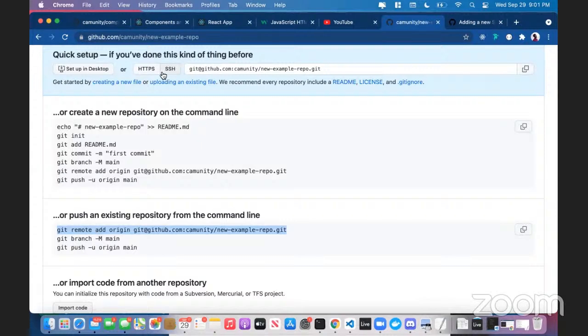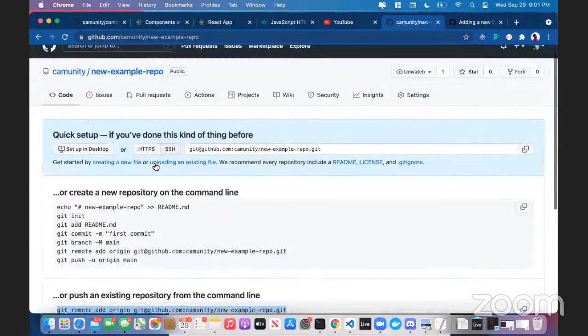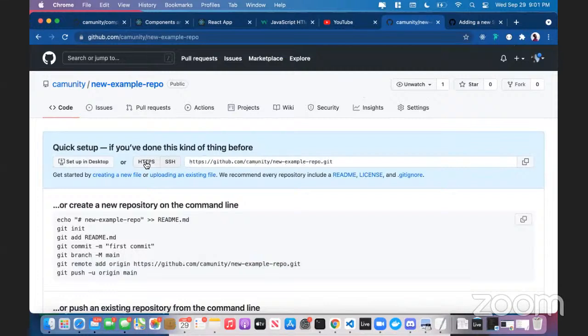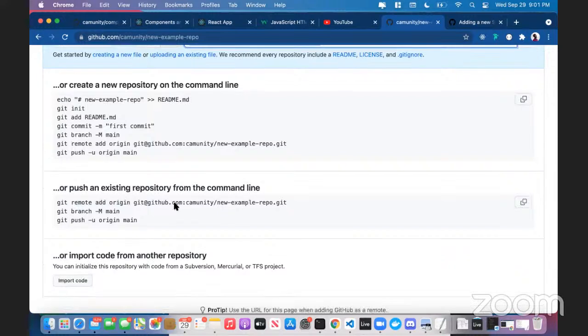The thing that you're going to want to make sure of is that at the top here, instead of this toggle being set to HTTPS, where the link starts with HTTPS, blah, blah, blah, you're going to want to make sure you click SSH and have this set to SSH so that whenever you set up your repos now, you're connecting your repos through SSH versus through HTTPS. Now, with all of that work we just did earlier, whenever you use SSH to connect your repositories,